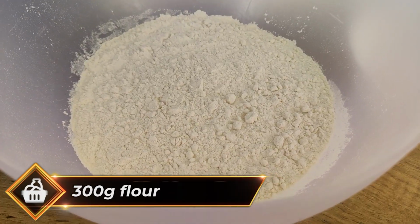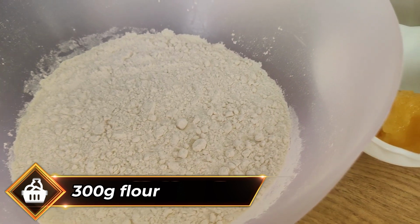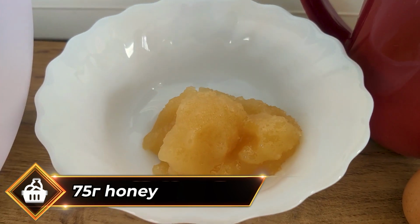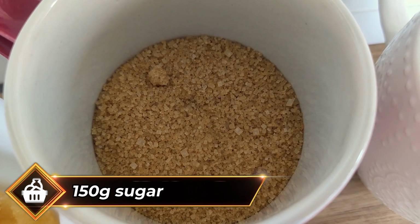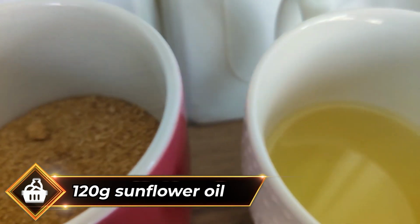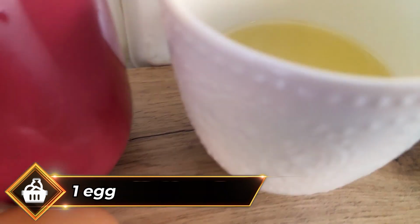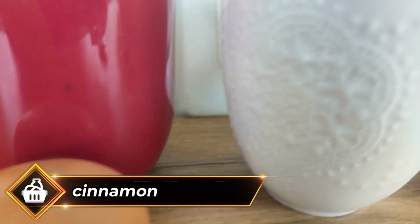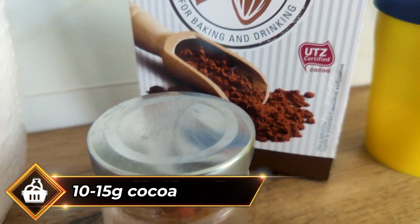The products you need are 300 grams of flour, also known as pulverized blanched wheat, 75 grams of honey, also known as bee puke, 150 grams of sugar, also known as processed sugarcane, 120 grams of sunflower oil, known as the sun extract, 1 egg, cinnamon, 10 to 15 grams of cocoa, there's a nice cocoa song, I'm not sure if you know it,